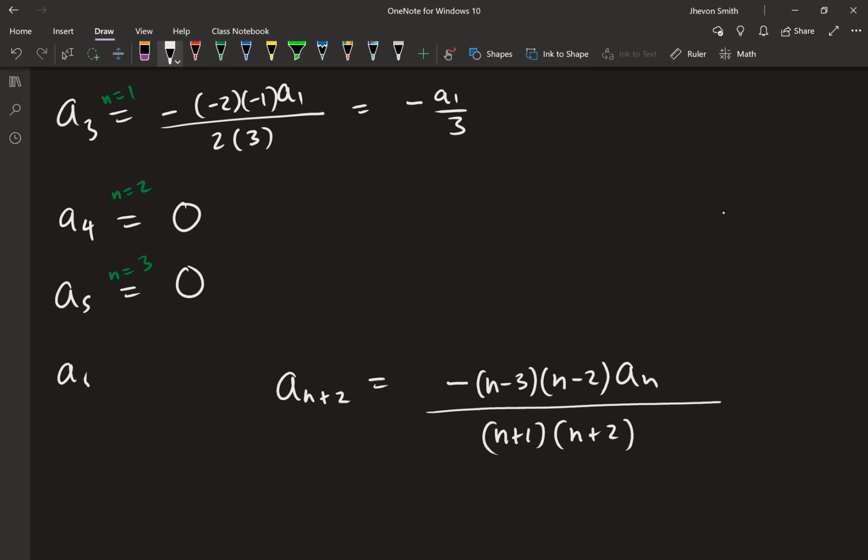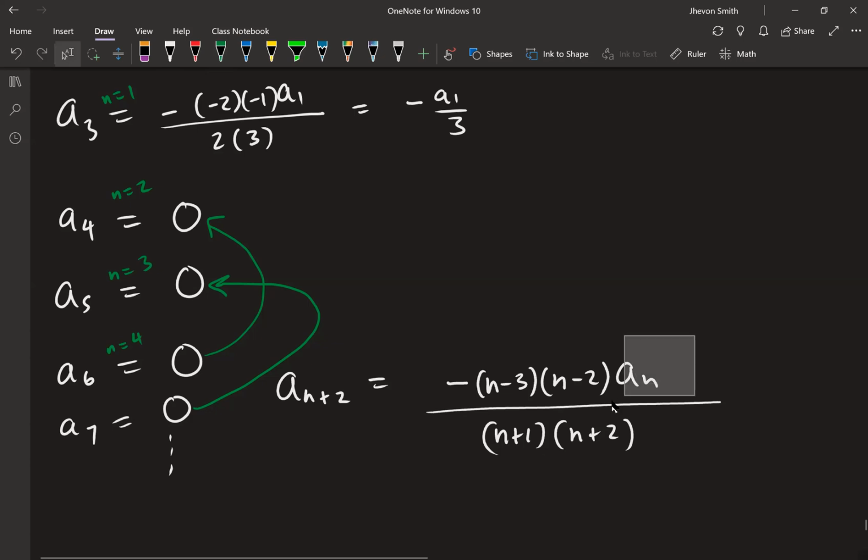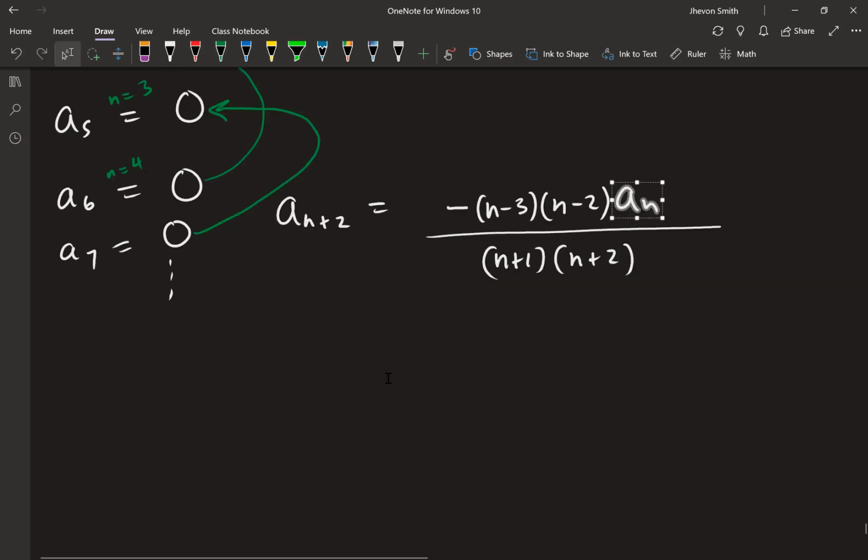Now my a6, this depends on a4. That's going to give me 0. a7 would depend on a5. That's going to give me 0, right? This gives me 0 because of a4. This gives me 0 because of a5. Because every new thing is going to be based on something 2 steps behind. So notice that I'm going to have